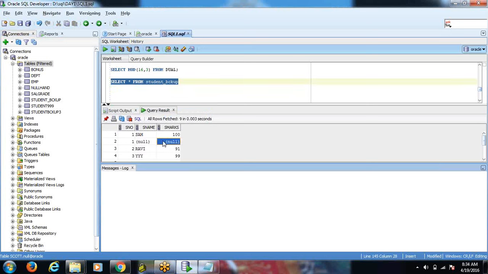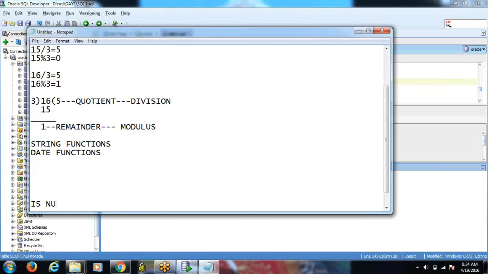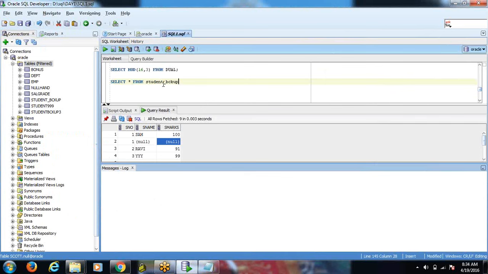Okay. See, we are having some null values in this table. Suppose I want to retrieve only the columns where it is having the null values. Further, we have an operator, or function, called IS NULL, and IS NOT NULL. These are the two functions with which we can retrieve the null values. The same kind of function we use in the WHERE condition also. Let us see how it is going to work.